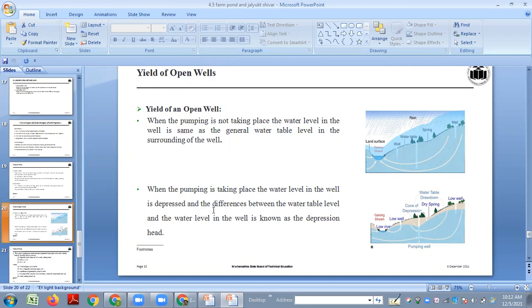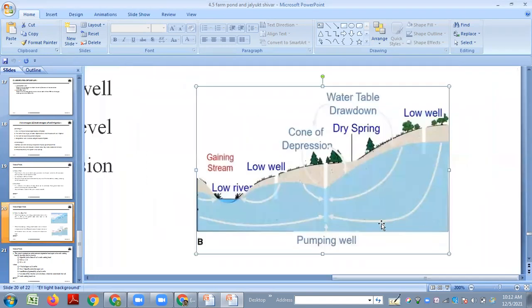Okay, in the well it is depressed, and difference between the water table level and water level इन द वेल इज नोन ॲज डिप्रेशन हेड. तर या डायग्राम मध्ये खालच्या दिसेल तुम्हाला. थोडस झूम करतो. ओके, इथं दिसेल तुम्हाला पंपिंग जर तुम्ही चालू केला, दीज आर द वेल्स, दिस इज द लो वेल. डायग्राम मध्ये जर दिसत नसेल तर बघा, दिस इज द लो वेल्स अँड दिस इज द व्हॉट डीप वेल. ज्यावेळेस पंपिंग